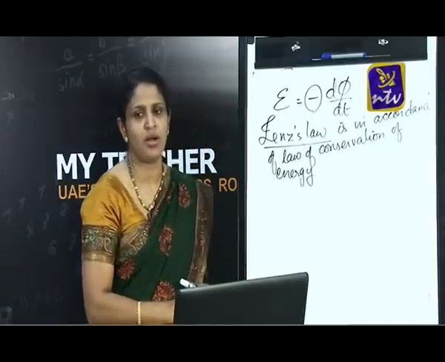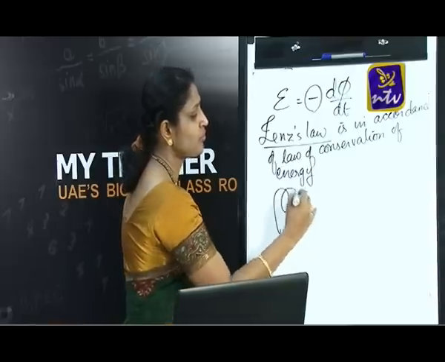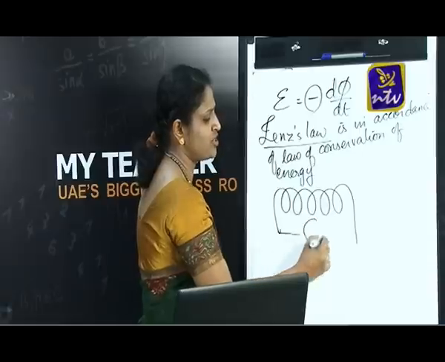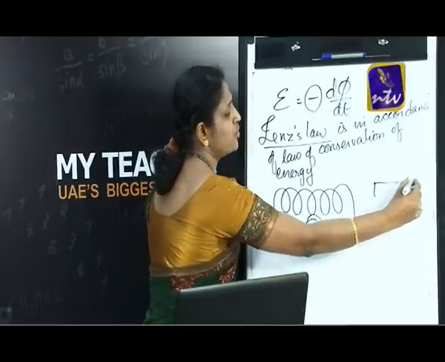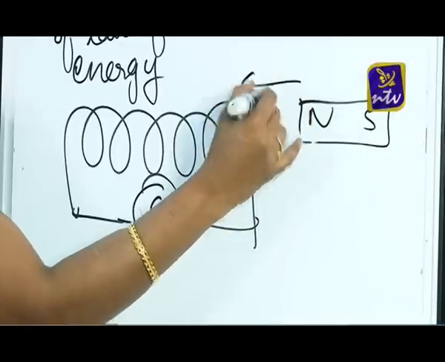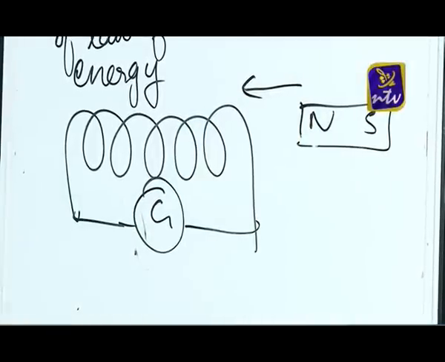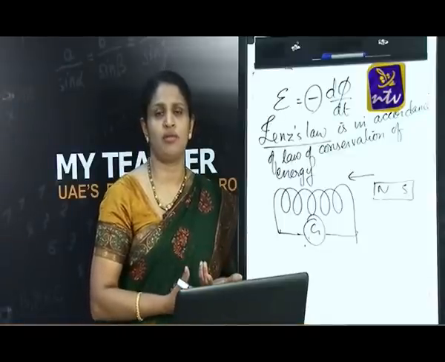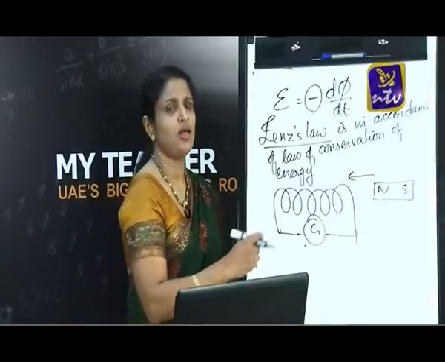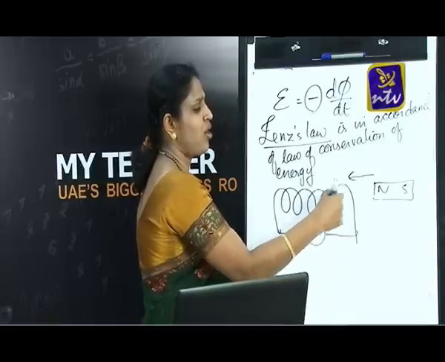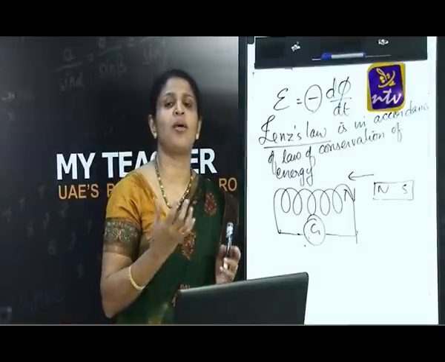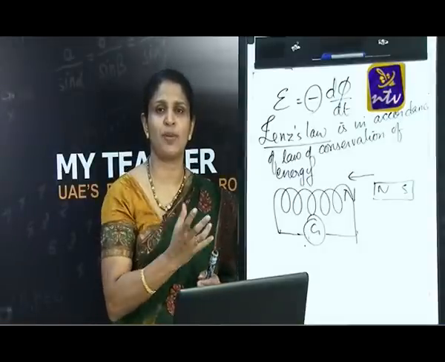Through this small example, you can see very clearly. If you take a solenoid and you connect this solenoid to a galvanometer and you move a magnet towards or away from the coil, say for example, you are moving the north pole towards the coil. Suddenly, this coil will produce an induced current, and the current will be in such a way that the side of the coil which is facing the magnet will become a north pole, and this north pole opposes the increase in the magnetic field linked with it because it repels the magnet.